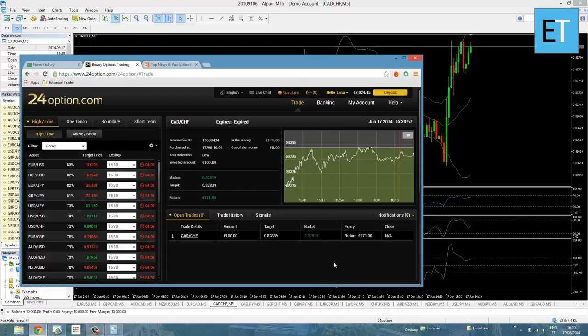Also, this strategy really works for me. If you're just starting out trading, I recommend you try out a strategy on a demo first for at least a week until you're comfortable with it and you've gained your confidence, and then start trading with real money